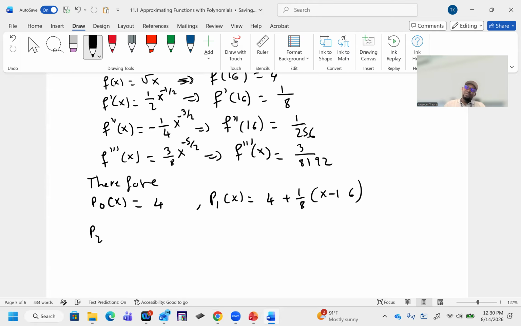P sub 2 of x will be 4 plus 1 over 8 x minus 16 plus 1 divided by 512,